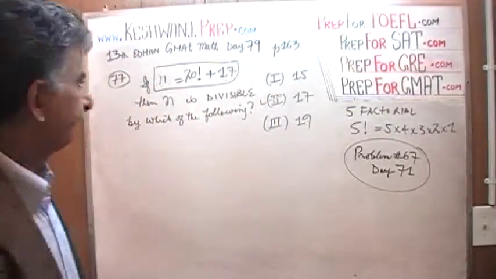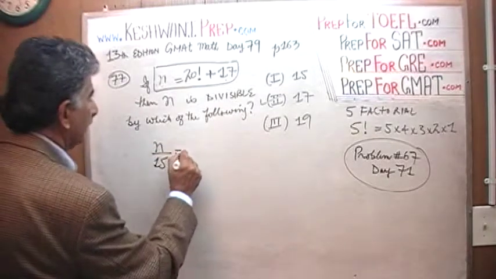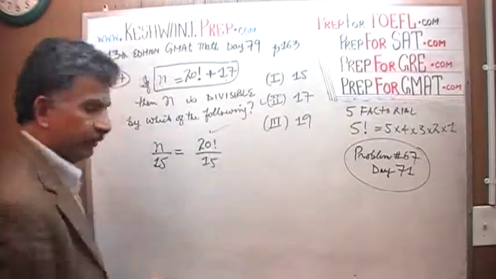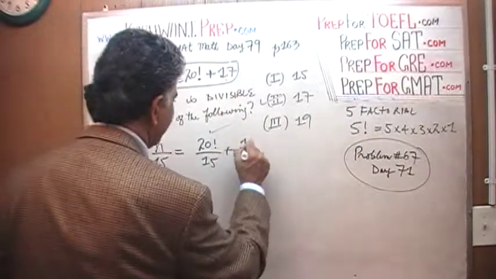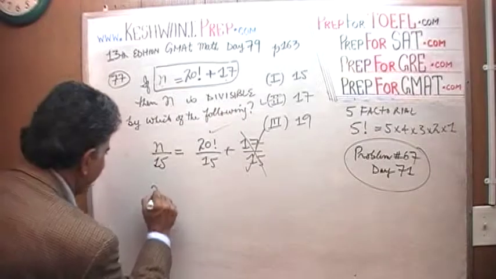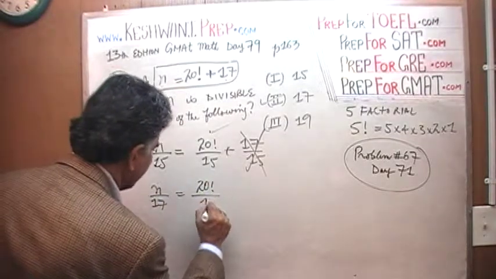That's it. We're done. N over 15. If you were to do that, you'll end up with 20 factorial over 15, which works. 20 factorial can be divided by 15. I'm not going to do it out because it will take too long. But then you will end up with 17 over 15. That doesn't work. If you were to divide n by 17, 20 factorial, of course, can be divided by 17,